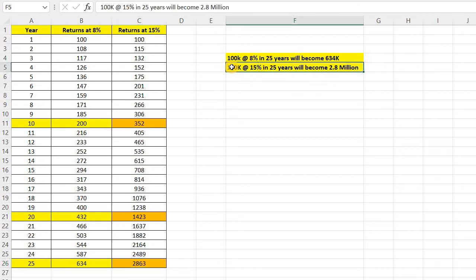on the other hand, if you were to put that $100,000 in an excellent investment, an excellent stock or an excellent equity, where you were able to grab 15% year on year. Now that is like a humongous task. Finding such a good stock or getting 15% year on year return is not that easy. It's quite difficult. But let's say you were able to identify those good investments, it might not be just equities, it could be commodities, it could be whatever you want. If you are able to identify such a great asset